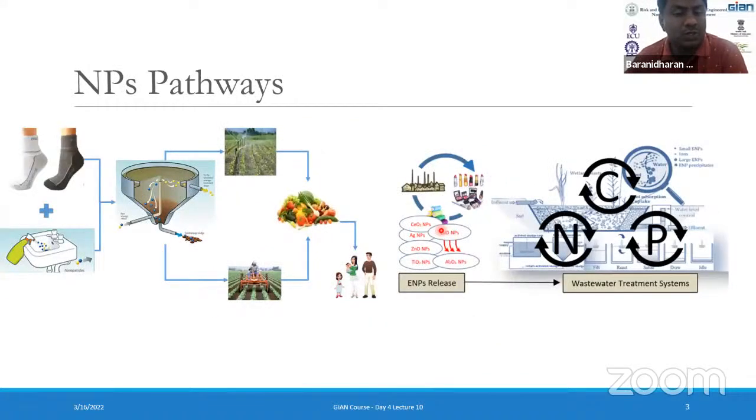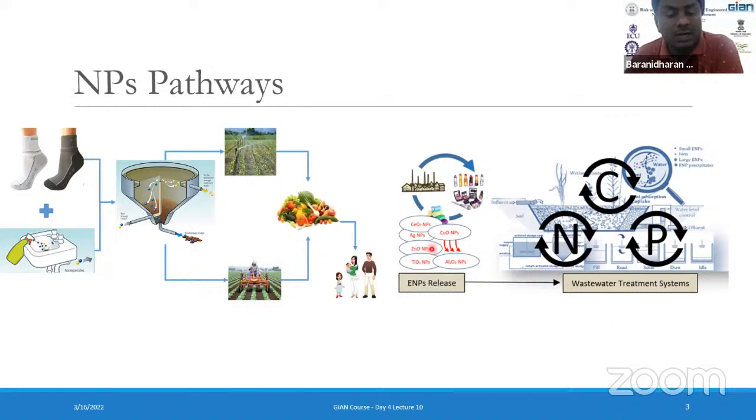So with respect to the pathways, there are different pathways. Be it this image, I think we can correlate easily, where this nanoparticle-coated socks material, once it has been washed, at last ends up in wastewater treatment plants, and then the treated wastewater can get onto the sludge as well as the supernatant. What if this sludge as well as the supernatant is used for agricultural fields to cultivate plants, and then what is the risk that is posed to humans especially?